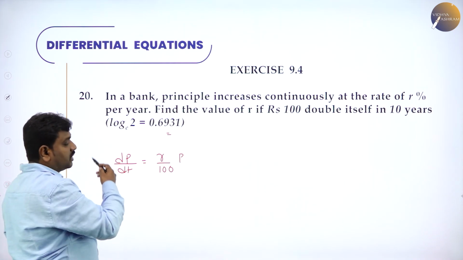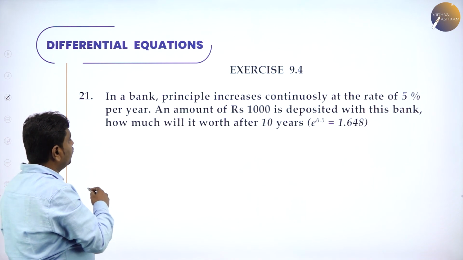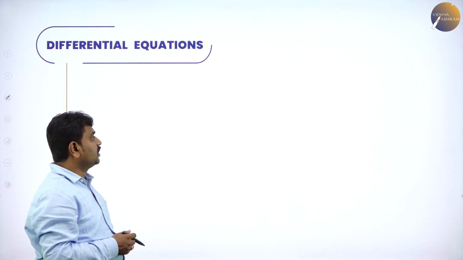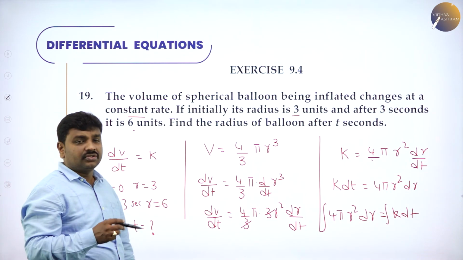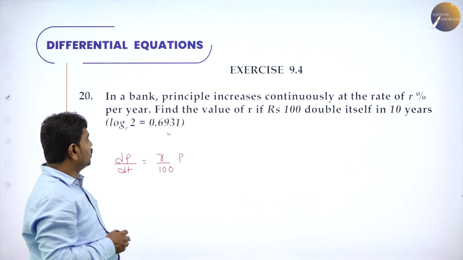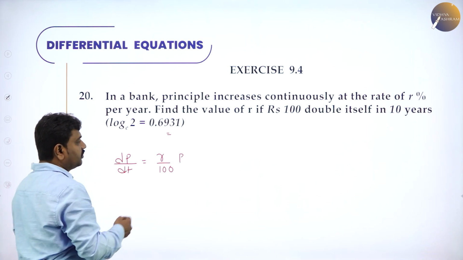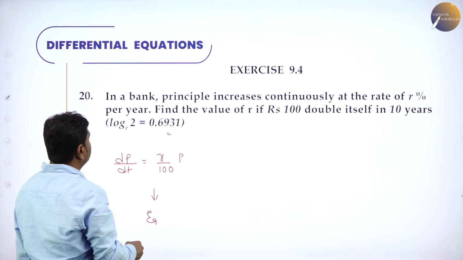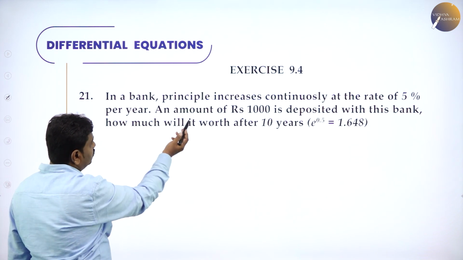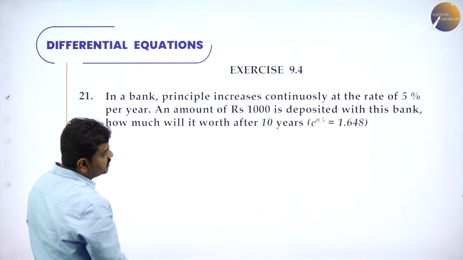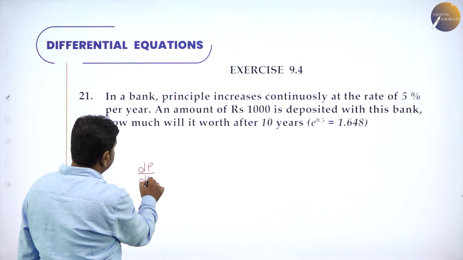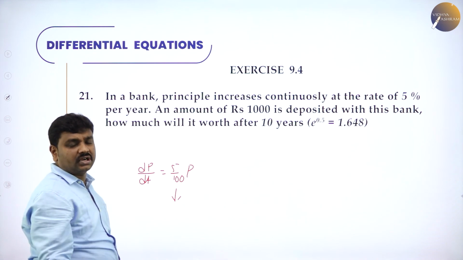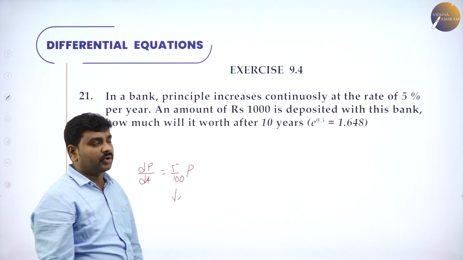I expect you people to solve 20 and 21, so that I'll do the same at the end. So till now, whatever problems I have done, till 19, for 20 I gave a hint, the differential equation, and later whatever they have given, substitute and get an equation. Same thing in 21. In 21 also, the principal is increasing at the rate dP by dt is 5% of principal, and they give the condition. Create the general equation and solve it. Try to complete these problems.